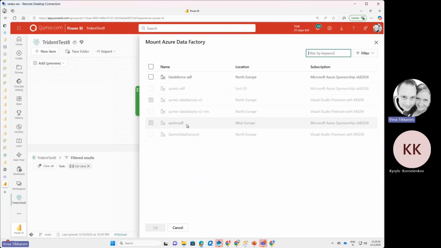This was my Finnish demo, and now I'm running out of data factories to mount in this English session. If the data factory has some features enabled that make it impossible to mount, it will be grayed out. But I could tick the checkbox and then click OK, and it will mount this data factory